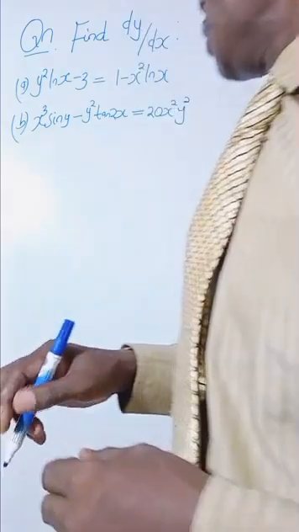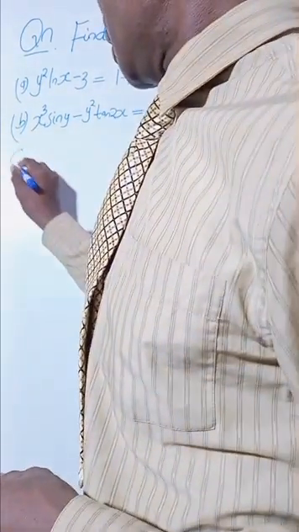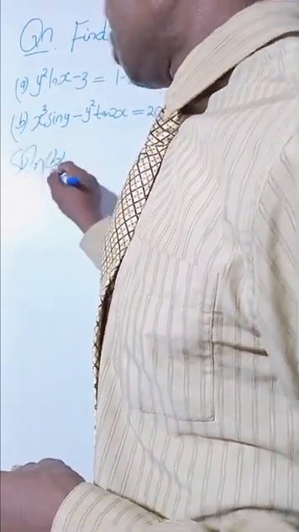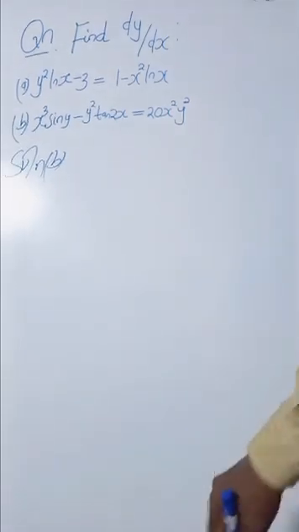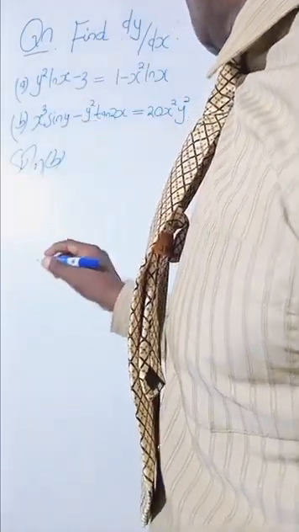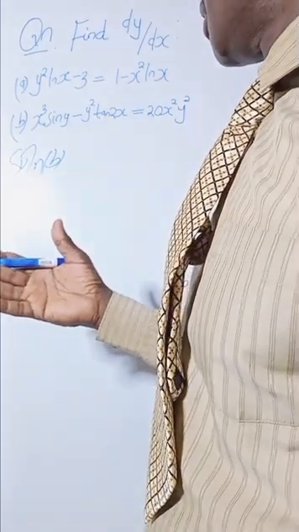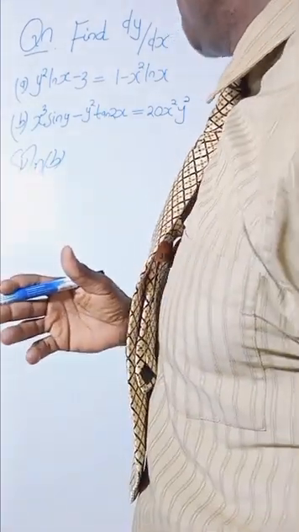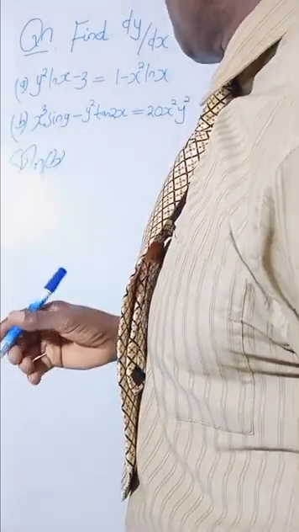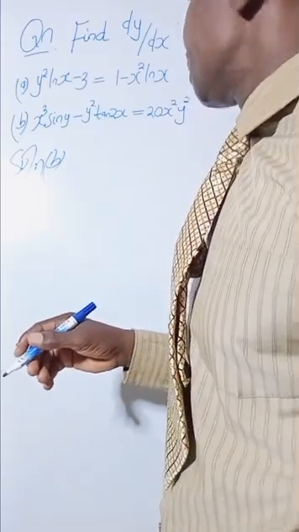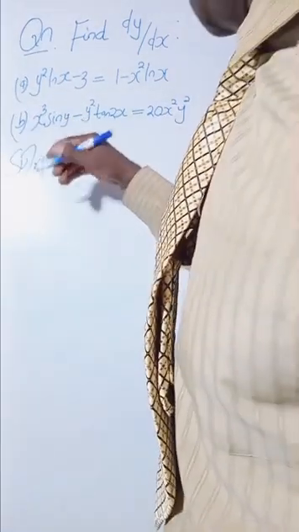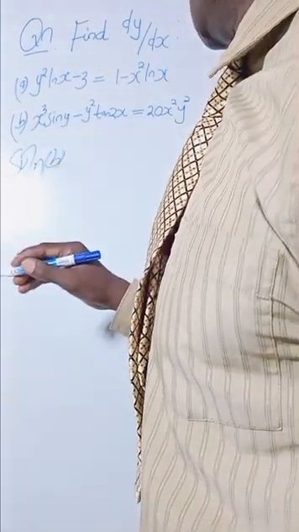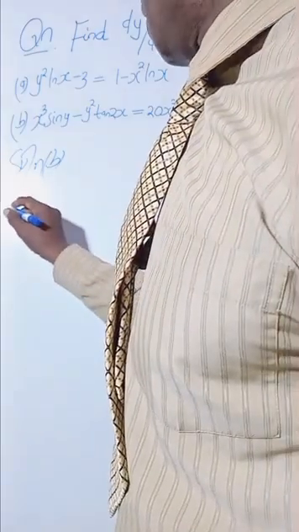So there we go again. Here's the solution for part B. We're supposed to find dy/dx for this. Actually, it applies almost a concept similar to what we did in part A. It has some product rule in it, and it is an implicit function as well. So the derivative